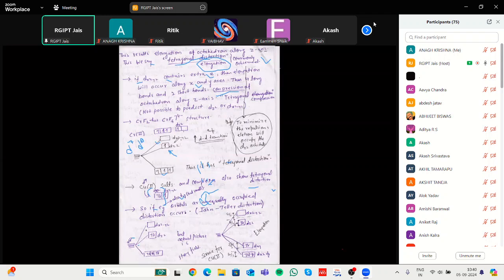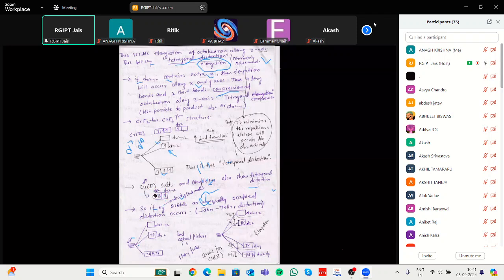But in the opposite case, we can say dz square is up and dx square minus y square is lower, that can compress the bond length of that complex. Based upon these elongations and compressions, the bond lengths are shorter or longer as compared to the normal bond length of the complex. That's why it is known as a tetragonal elongated complex. And these complexes are found in copper and cobalt complexes.